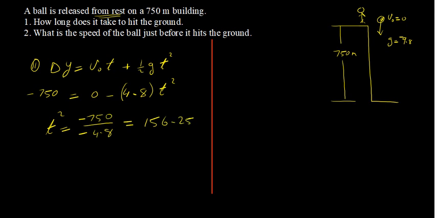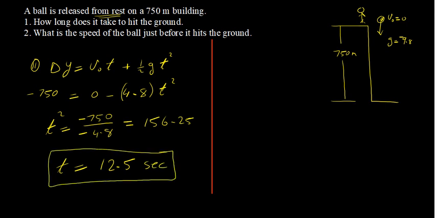That will give us 156.25, but we are looking for the time, so we're going to put it under a square root, and that should give us about 12.5 seconds. That's the time required to cover all the 750 meters